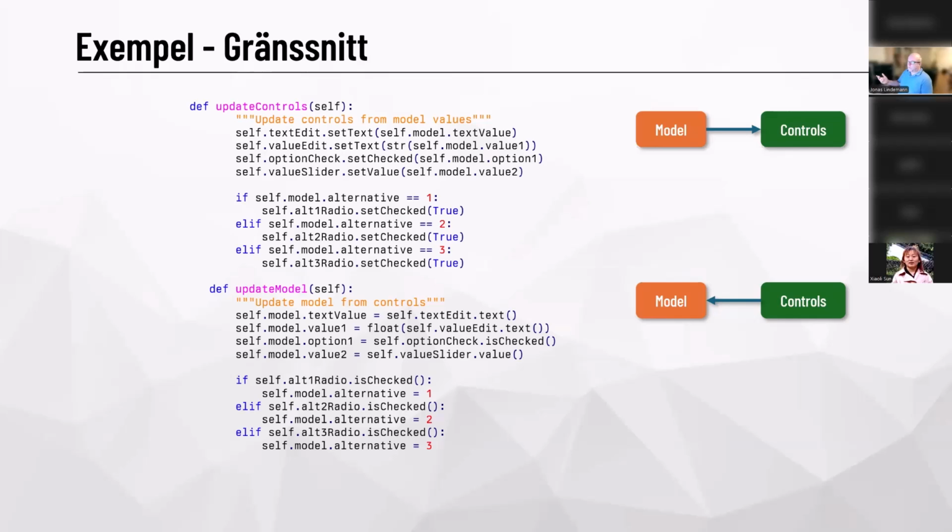So if the model alternative is 1, then you set the checked for all 1 radio, for example, to true, and so on. So you need to build that logic in here. But then you also have the way of going from the controls to the model. And then you need to be a bit careful here. So if we have a value in your controls, you need to do a floating point conversion. And here you also need to, at some point, add error correction. So if the values are text and you convert it to float, you will get an exception in Python. So you need to be able to handle those exceptions as well to be able to create a robust user